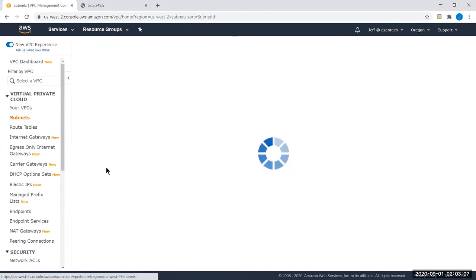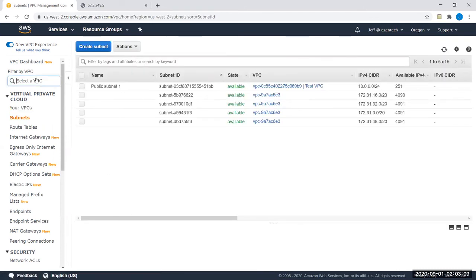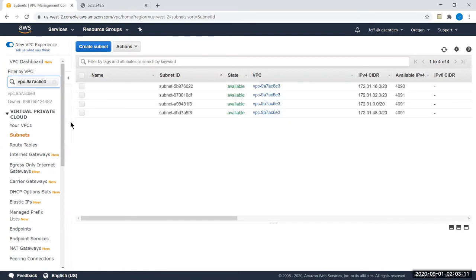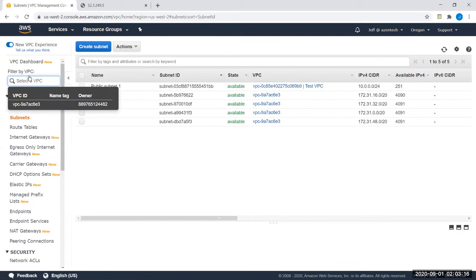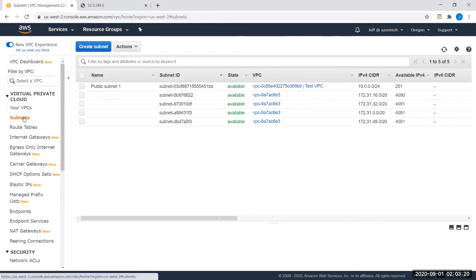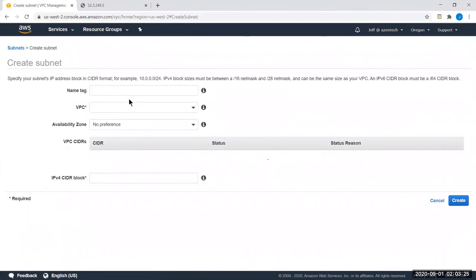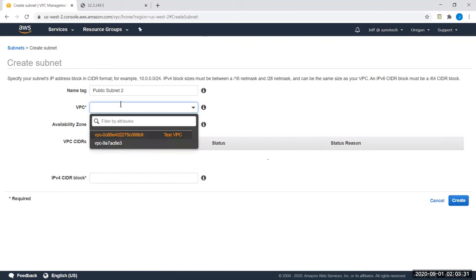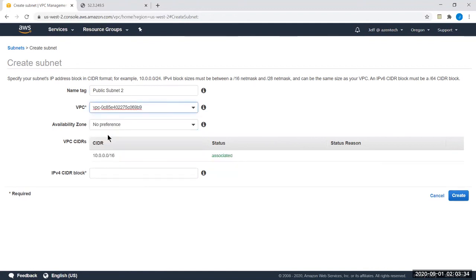Now, if I go down to subnets, I can go through and specify the one that I want to look into or see the different subnets that are available here, right? I can pick and choose which VPC I'm working with to narrow them down. Now here I can see my test VPC. And if I want to create a new subnet, I certainly can, right? I'll name it public subnet 2. I specify the VPC I want it to go into. I choose a different availability zone. And I choose a different range. So maybe